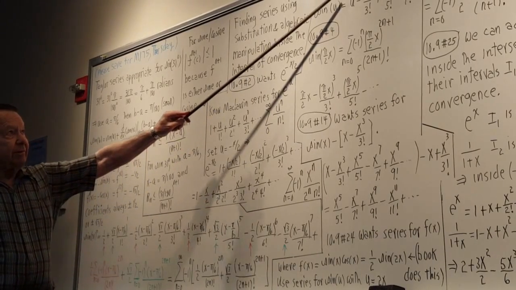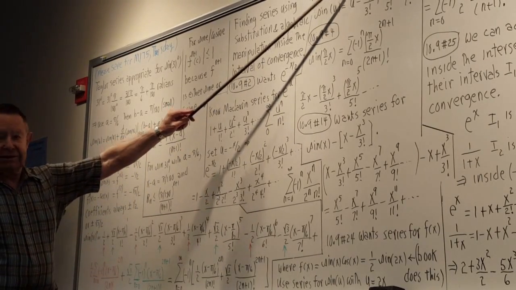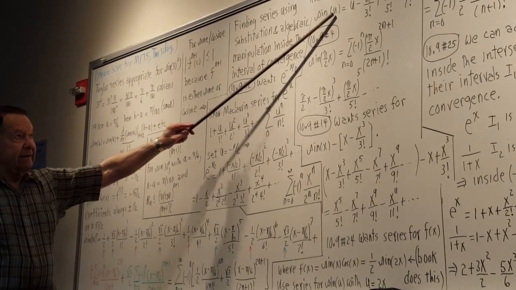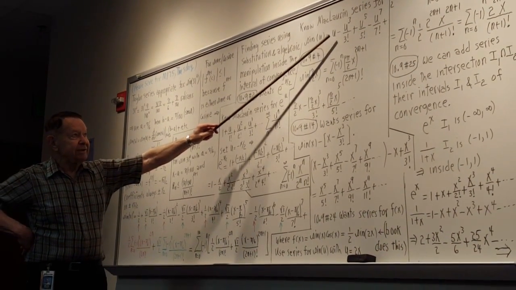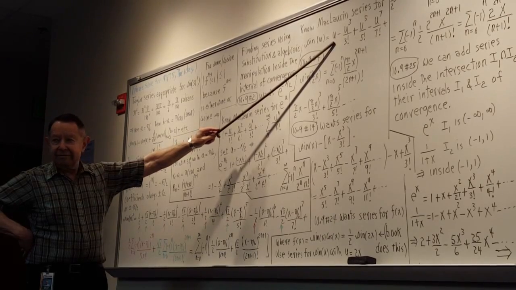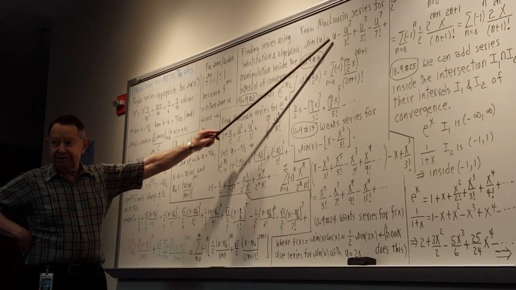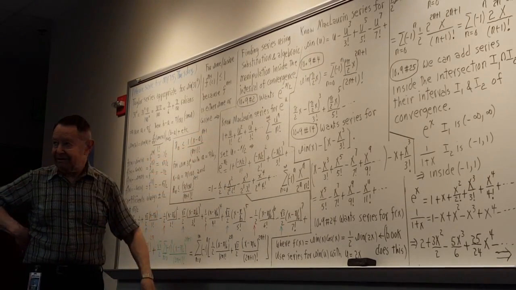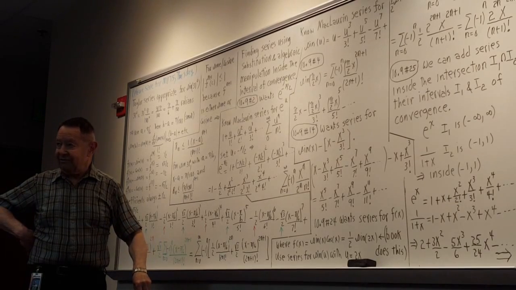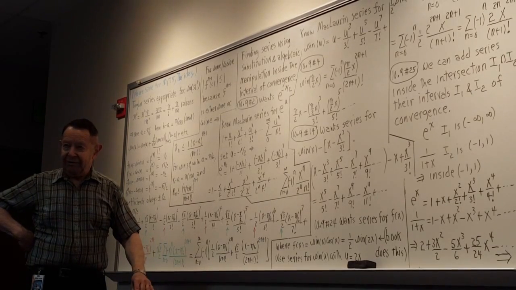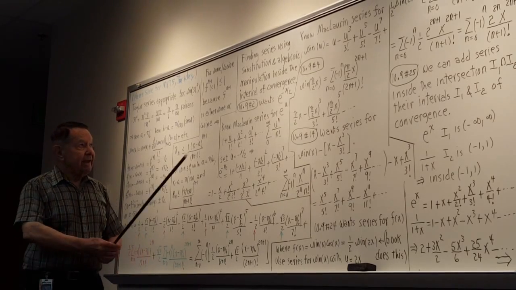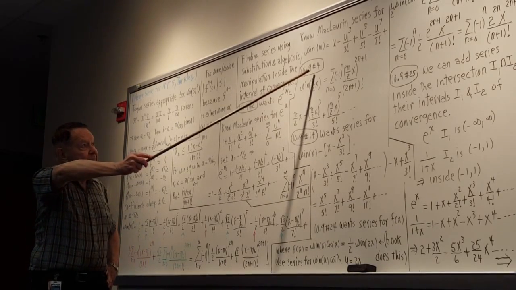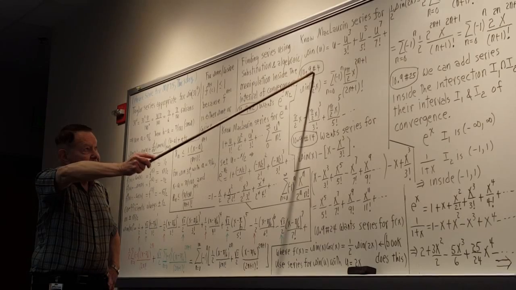So for example, you know that the Maclaurin series for sine is, if you use a letter u, looks like this, and the interval of convergence is all values. It's minus infinity to infinity. You could prove that using the ratio test, for example. And so then if you look at problem 4,